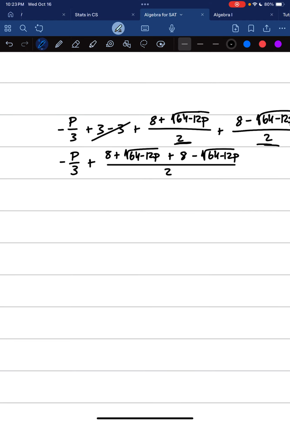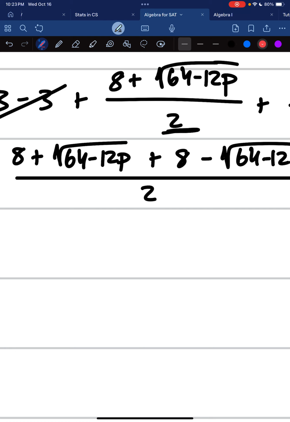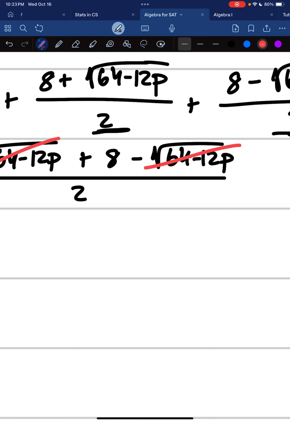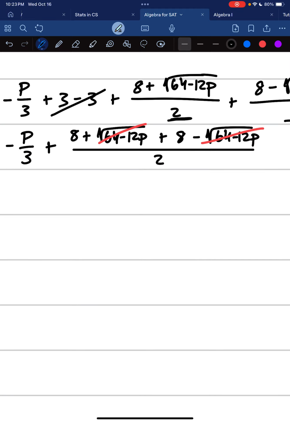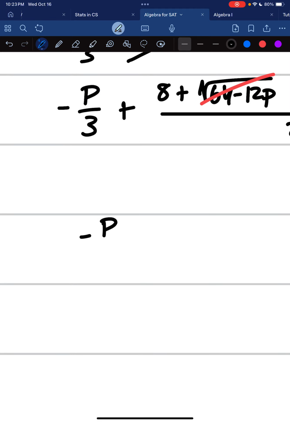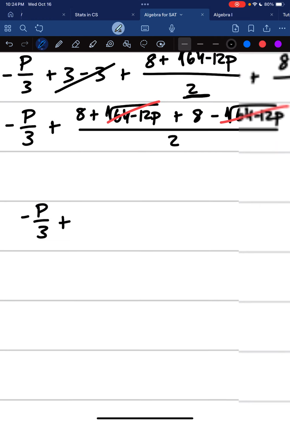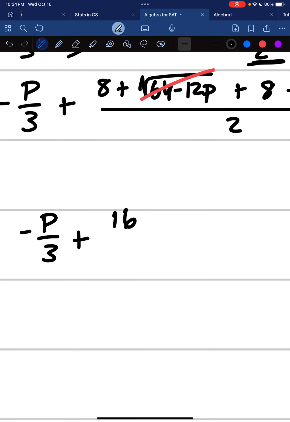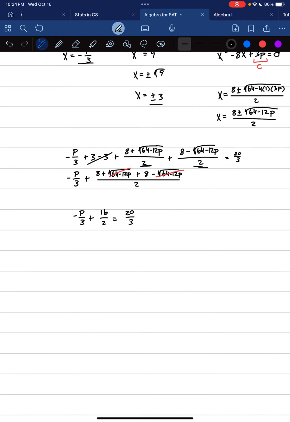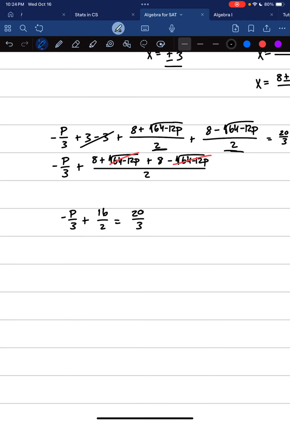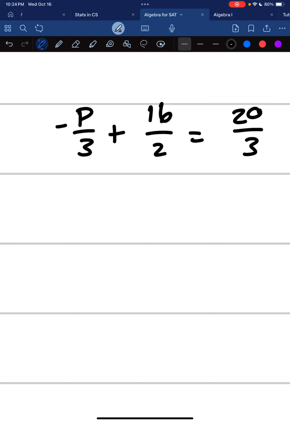Now this becomes easy because root 64 minus 12p minus root 64 minus 12p is 0, and this just becomes negative p over 3 plus 8 plus 8 is 16 over 2, equal to 20 over 3. So now it becomes much easier. We've gotten rid of the difficult stuff, and we have negative p over 3 plus 8 is equal